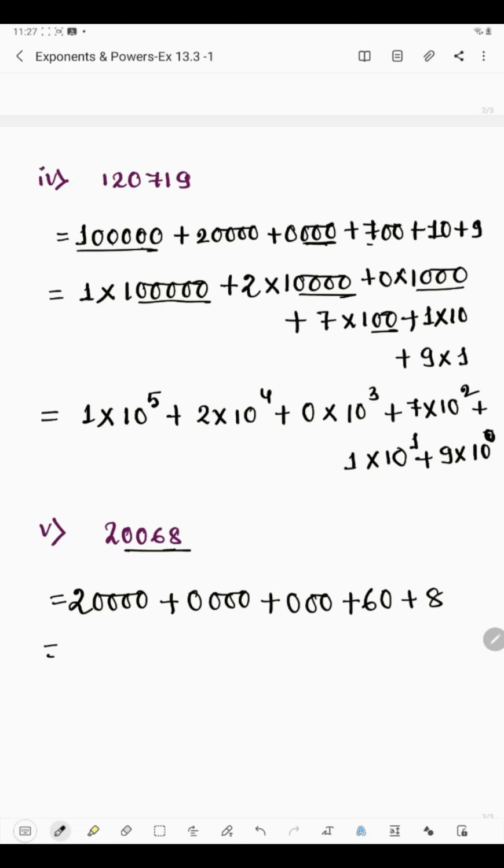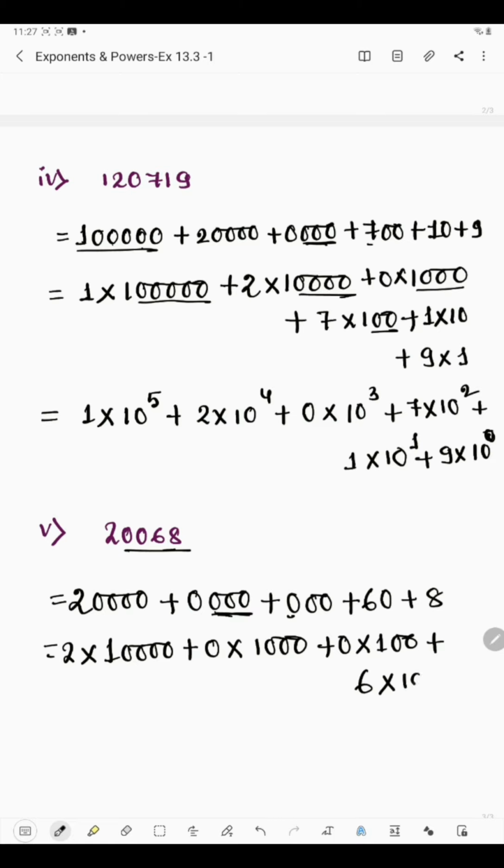Now we will write in multiplication form that how we have got all this number. So 2 multiplied by, here 4 zeros are there, so we'll put 4 zeros with 1, that means 2 is multiplied by 10,000 to get 20,000. Then 0 multiplied by 1,000, because 3 zeros are there, so with 1 we'll put 3 zeros. Then we have 0, and with this 0 we have 2 zeros, that means 100 to be multiplied with 0 to get 0. Okay. Then 6 multiplied by 10. See, zeros are getting decreased. After 100 it will be 10, because here is 1 place only, so 1 0. Then 8 multiplied by 1.